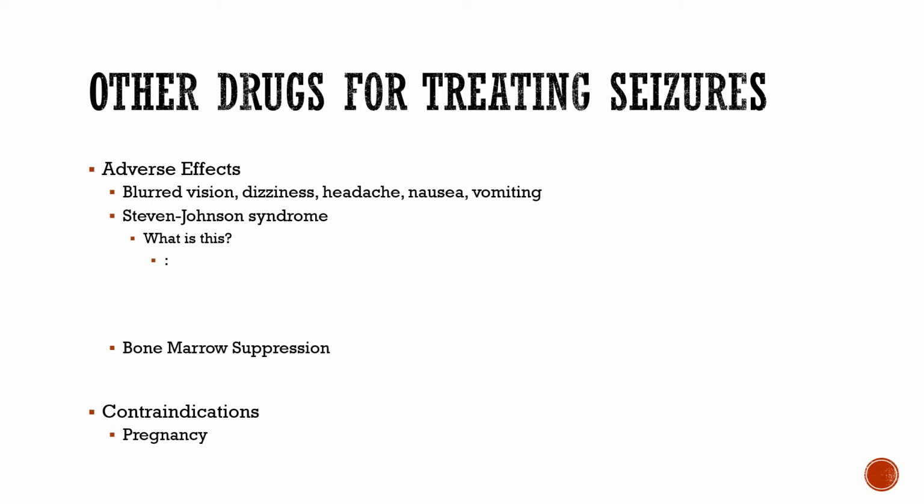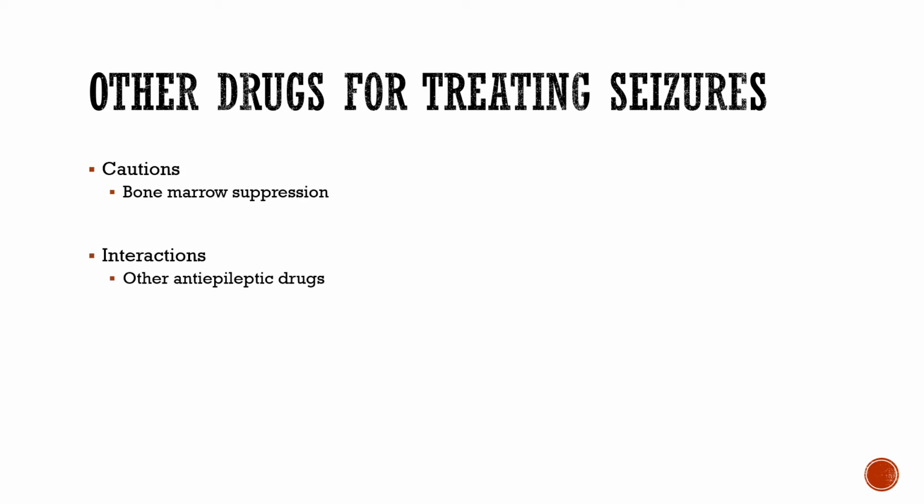So we'll definitely want to inform them to watch out for rash. These can also cause some bone marrow suppression and some liver involvement sometimes as well. Again, a lot of these are contraindicated in pregnancy. However, like I said, levetiracetam is the one that I've seen traditionally used for those that need control through pregnancy. Be careful with bone marrow suppression. Of course, it's going to interact with other